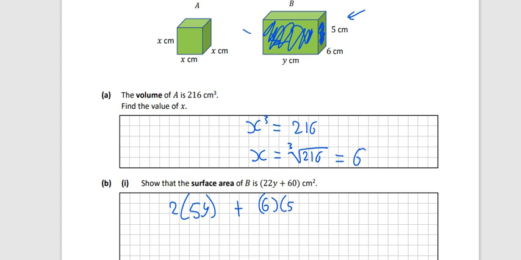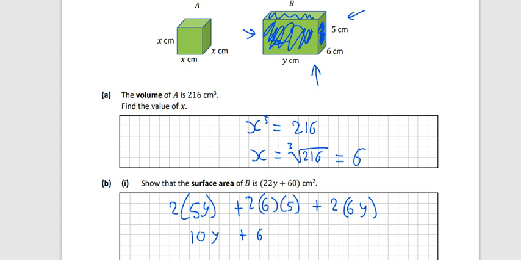But then again, there's another one on the other side of it, so we're going to multiply all of that by 2 again, and then we're going to add on the area of the top of it, which would be 6 multiplied by y. But then there's another identical face on the bottom of it, so we multiply that by 2. So then we have 10y